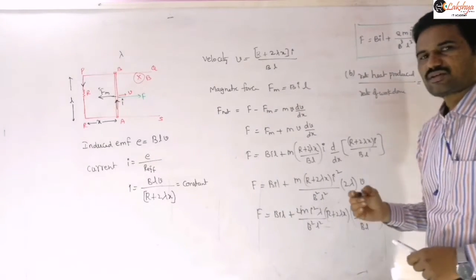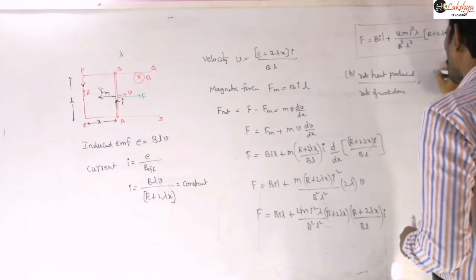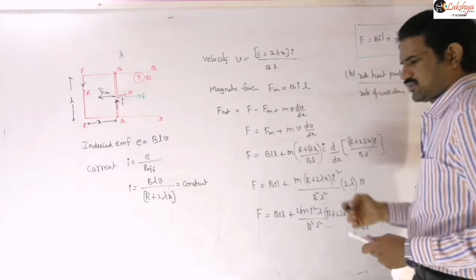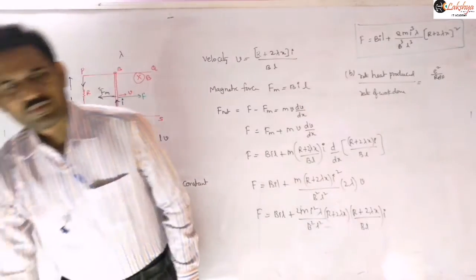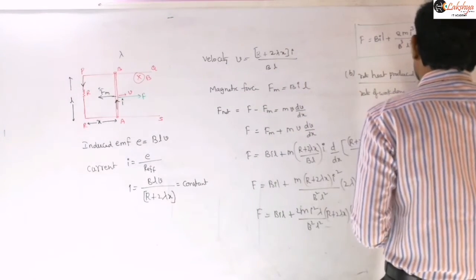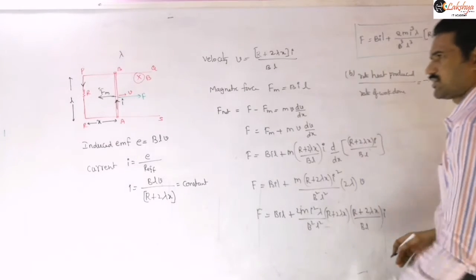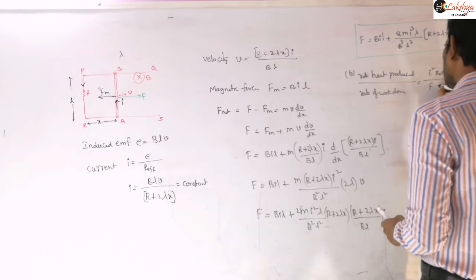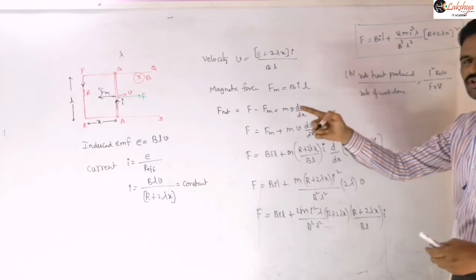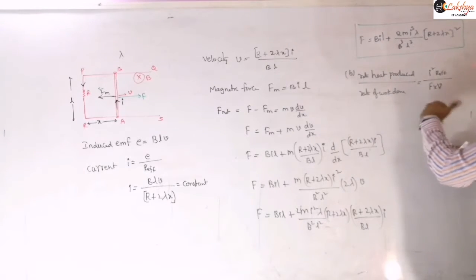Now we can write this expression as rate of heat produced is nothing but E square by R effective, or as we know I value, so then I square R you can write there. So I square into R effective now we can write. And this rate of work done is nothing but external force F, so F into V. So F into this velocity now we can write here. Where F is that external force what we are applying there, variable force what we are applying there, right? So then you can substitute those values and you can simplify that.